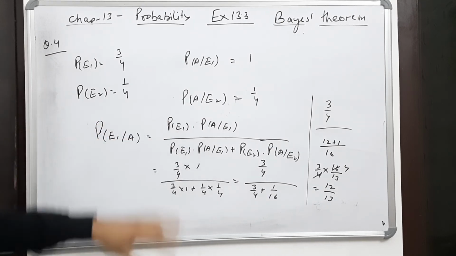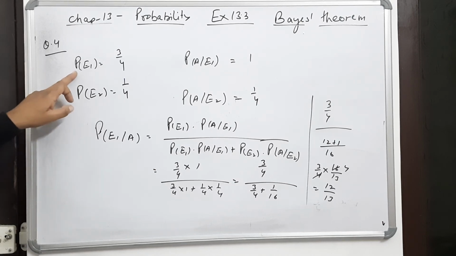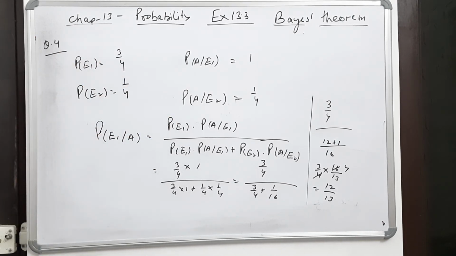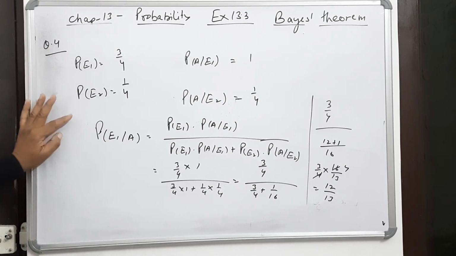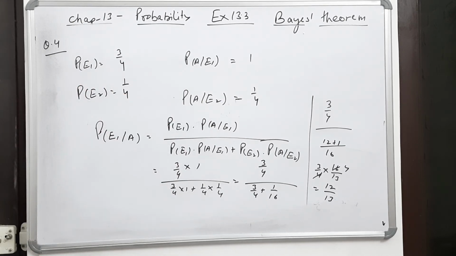That is the typical format of the problem of Bayes theorem, that is E1, E2, A|E1, A|E2. And this format will be used in all the sums. If there are 3 events, then E1, E2, E3, and similarly A|E1, A|E2, A|E3. So in this way, you will find that in all the sums there is a typical pattern of answering a sum.